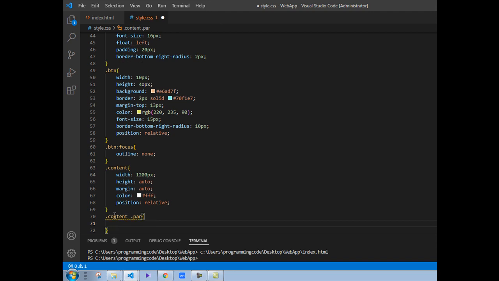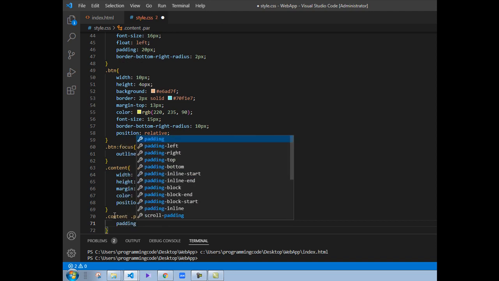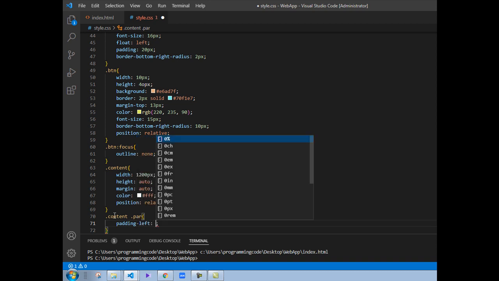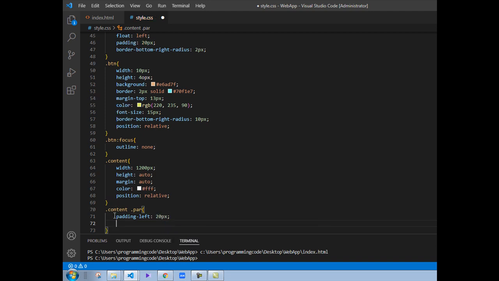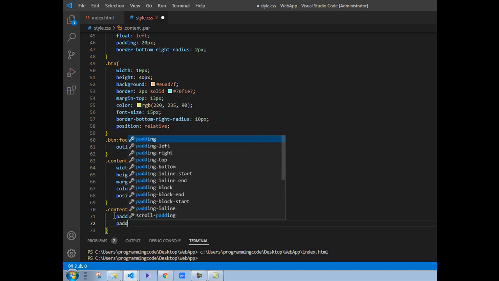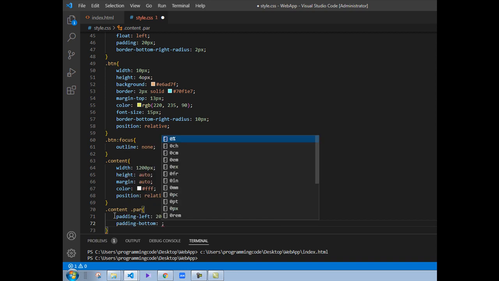Inside here we can write padding is equal, padding left is equal, we can write its size 20 pixel, and padding bottom 25 pixel,